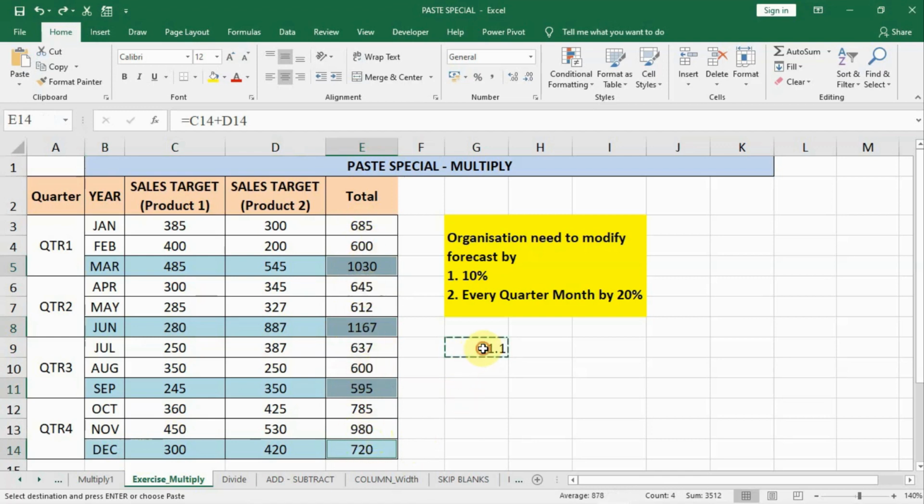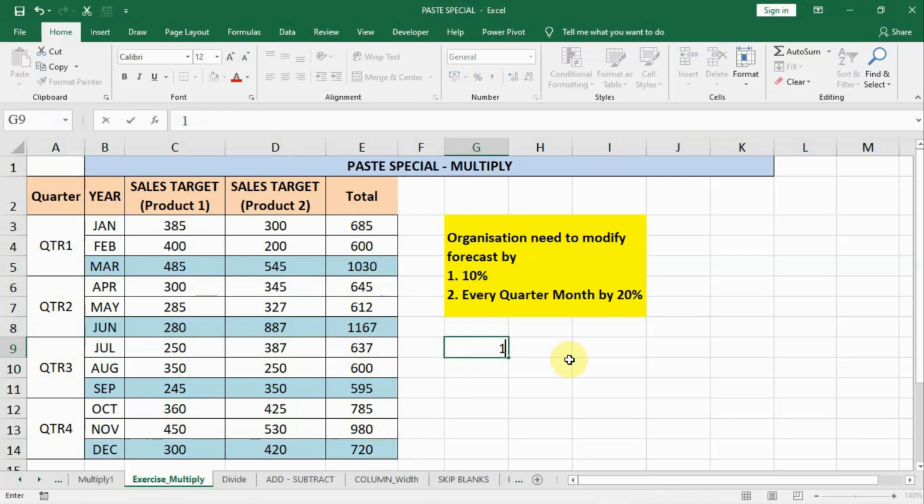What we can do is have 1, 1 and 1.2 for 20%. Now the 1 is multiplied by 685, then the second one is multiplied by 600, and the third, 1.2, will multiply by the March sale, that is 1030, and in this manner it will follow for the rest of the data.